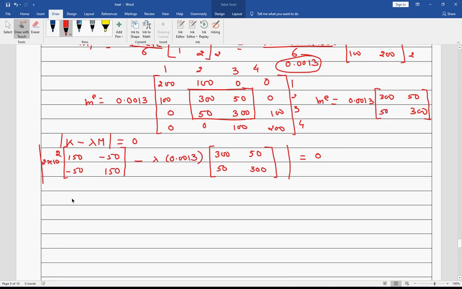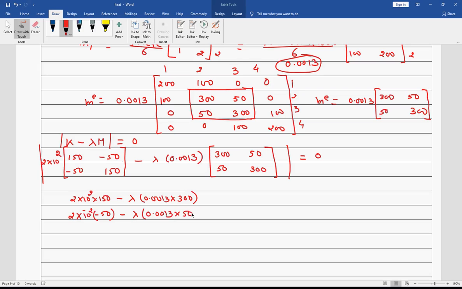So 2 into 10 to the power 2 into 150 minus lambda into 0.0013 into 300, then 2 into 10 to the power 2, of course multiplied by minus 50 minus lambda